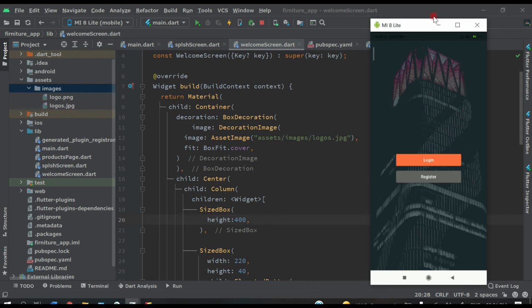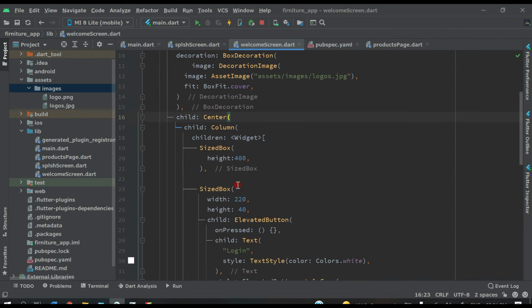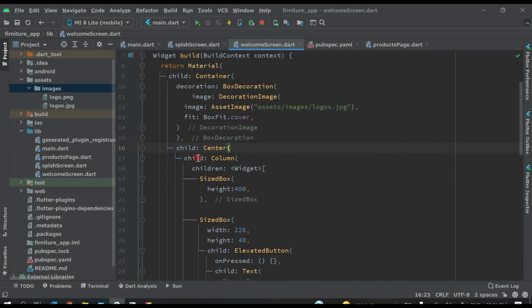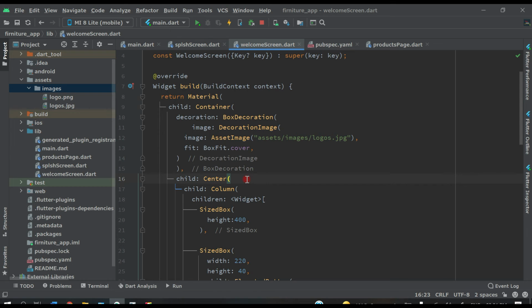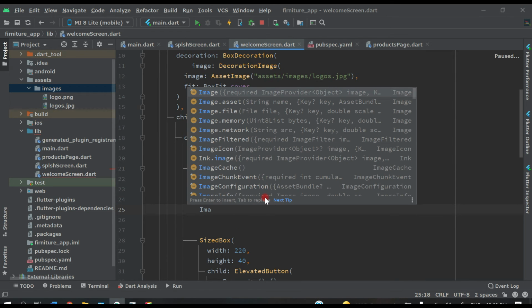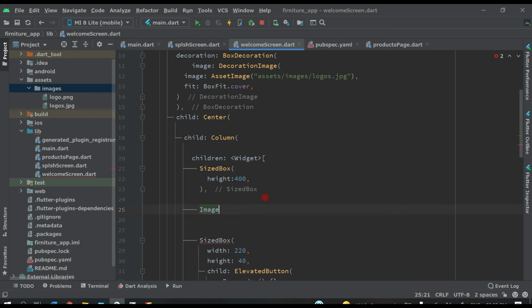For that, come back here, after this size box which has 400 height, let's add one image for this logo, image.assets, and let's target folder assets.